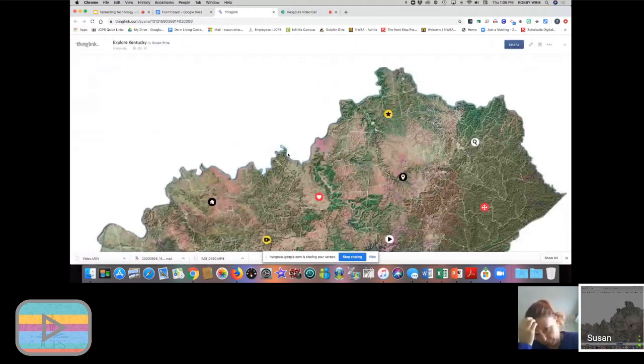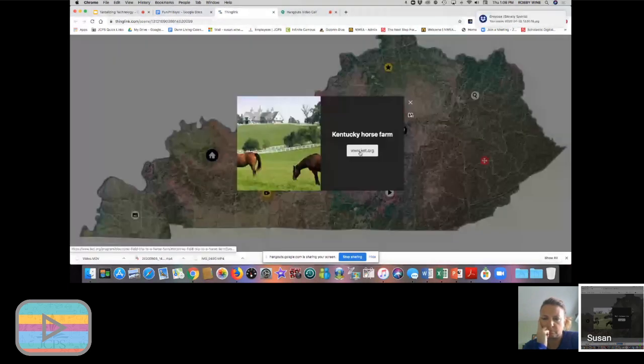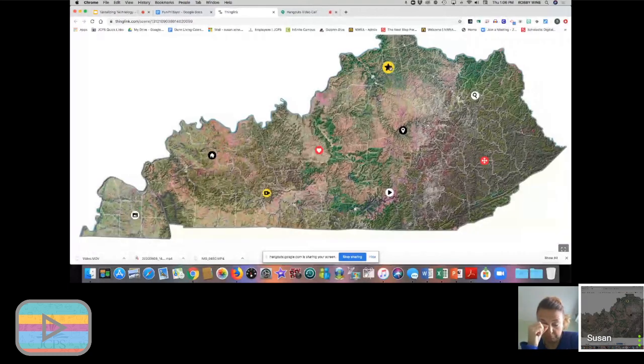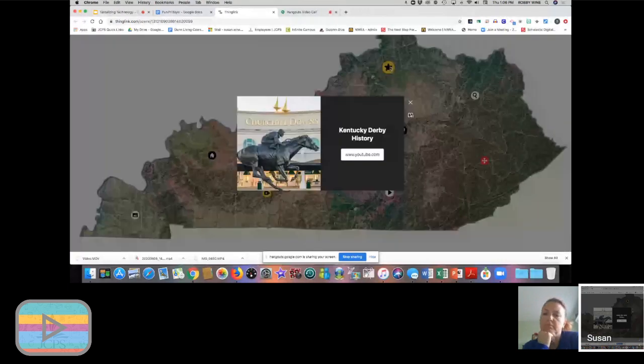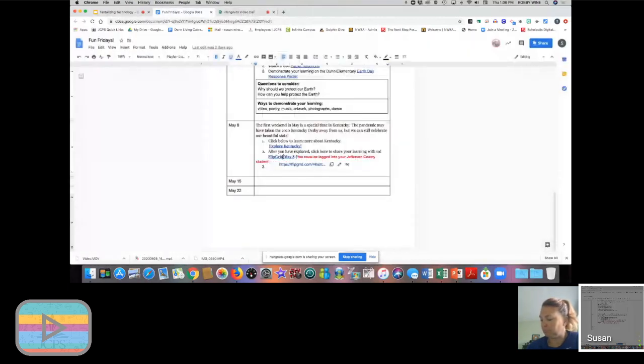But this is an interactive activity where they can click and then do different things all based around Kentucky. This takes them on to a horse farm. Here's about Kentucky watersheds. There's Falls of the Ohio. I created a YouTube channel that has lots of different videos about the Kentucky Derby. It's very kid appropriate. And so then after the kiddos go here and explore, then they go to Flipgrid and